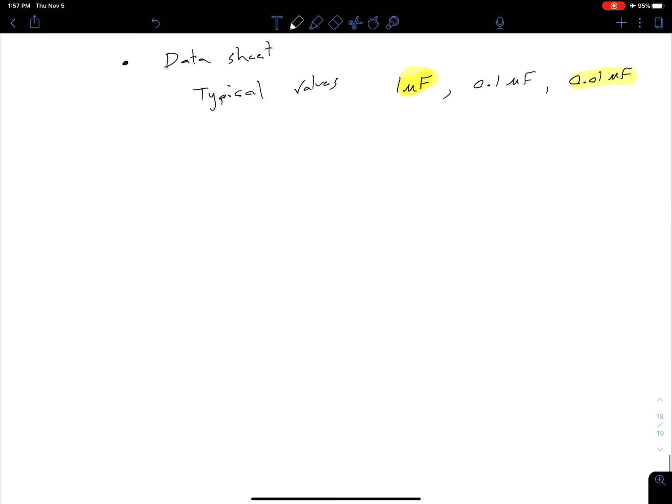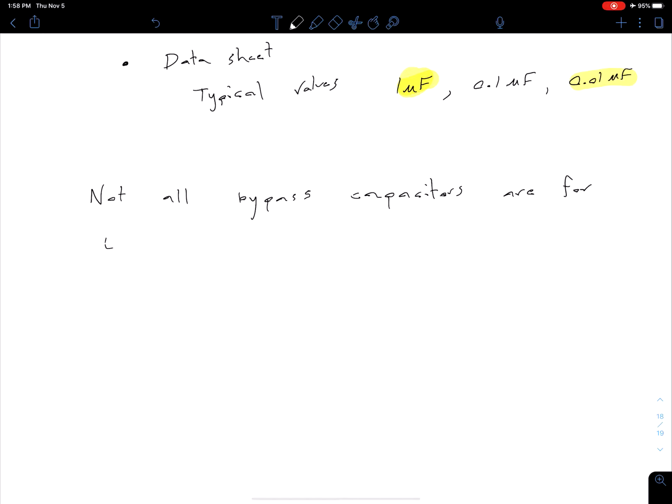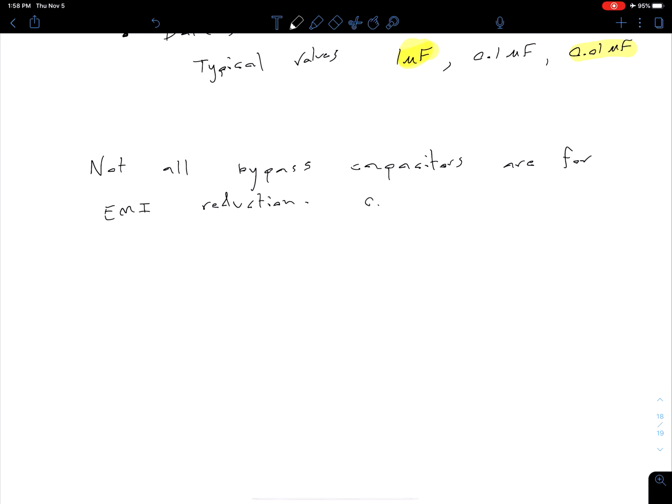The final thing we want to discuss related to our bypass capacitors is that not all bypass capacitors are used to prevent EMI. So not all bypass capacitors are for EMI reduction. And so one example that we've seen in a previous class would be our common emitter circuit. So if we think about a common emitter amplifier,